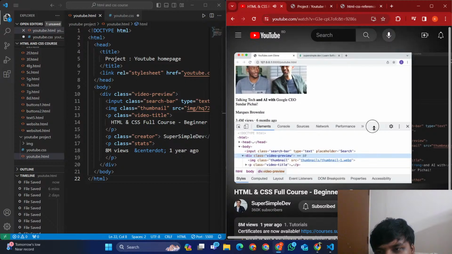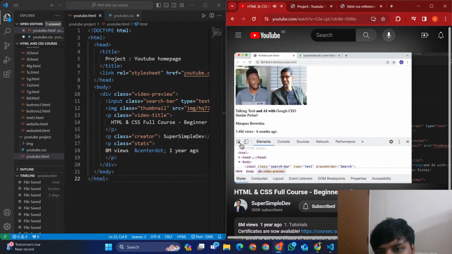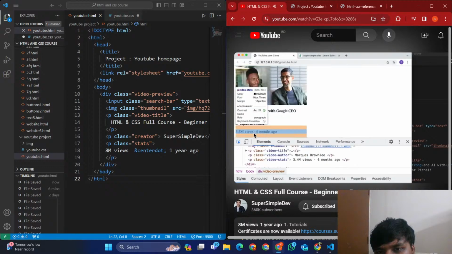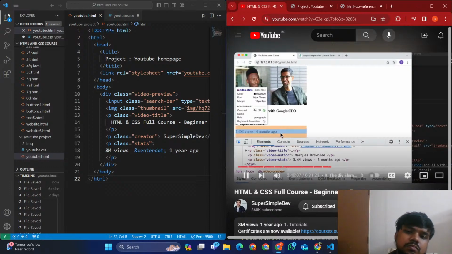So the page doesn't look any different, but if we click the icon in the top left and then hover over our paragraphs, we'll notice something interesting. This paragraph is a block element, so it's supposed to take up the entire line. But in this case, because this paragraph